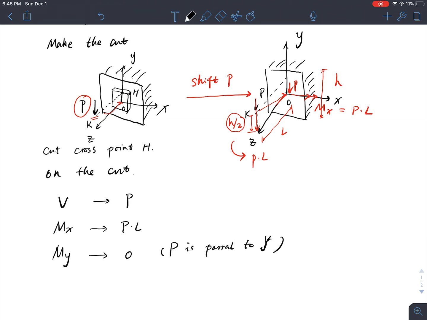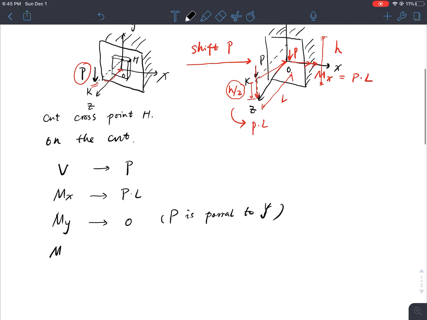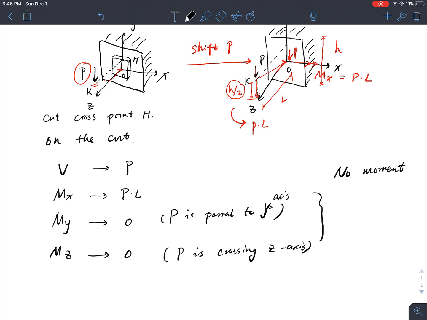Okay, my force P is parallel with the Y direction, so there's no moment about the Y axis. How about the moment along the Z axis? Of course, 0. Why is that? Because my P is crossing the Z axis. Okay, this is the Y axis. So you quickly realize that this basically says no moment